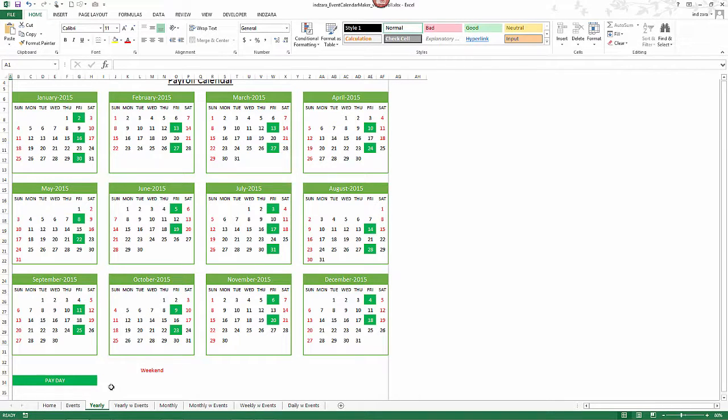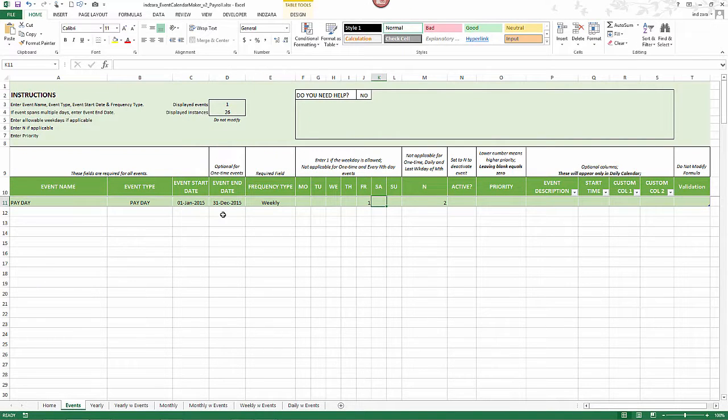Let's take another scenario where it's a monthly payday scenario. So I'm going to choose monthly instead, and we don't need to enter anything in column N because we want it for every month. We want to be paid every month, of course. So in this scenario, it doesn't matter which weekday it is. I always want the payday to be the first of every month.